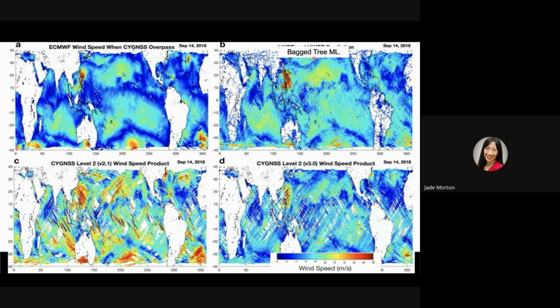He used a machine learning algorithm called bagged tree and used the signal measurements only. And this is the map he was able to derive from the delayed Doppler map values. And he was also able to predict the high wind near the Taiwan area. So if you compare these two maps, you can see he captured most of the important features over the oceans